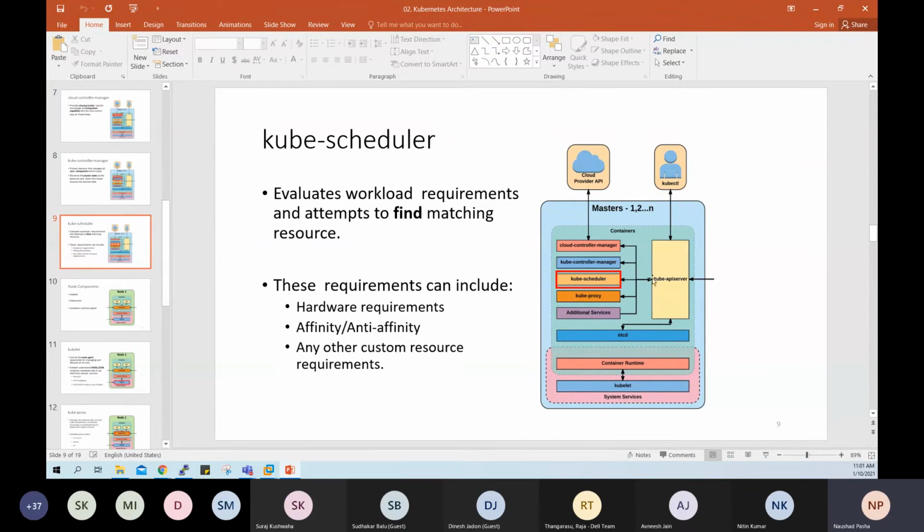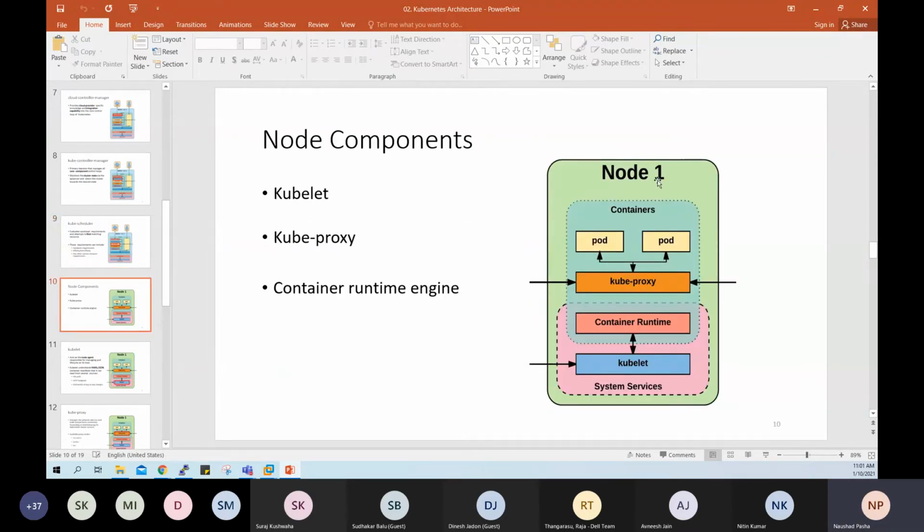Then the kube scheduler provides that information back to the kube API server, and the kube API will contact that specific worker node based on the kube scheduler recommendation, and the kubelet will ensure that particular pod will be running at any given point of time. And the kubelet will report back to the kube API server that the pod is created. But how will that pod be created? The kubelet will talk to the container runtime. In my case, it is Docker.